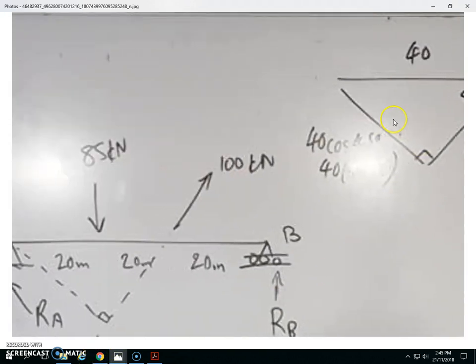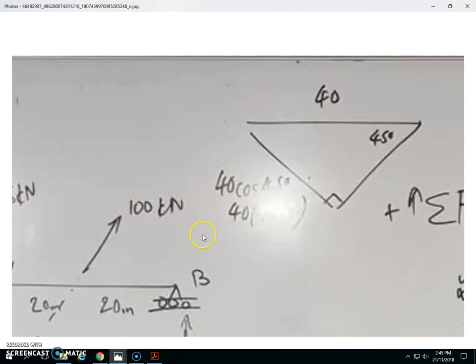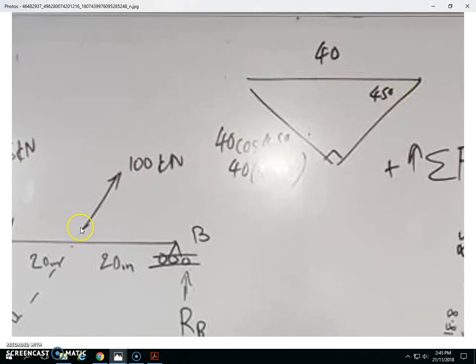I've said 20 plus 20 is 40, and I know that it's going to be at 45 degrees because vertically opposite angles are equal. Yeah? Vertically opposite angle, if that's 45 degrees, this is at 45 degrees. So I said, well, if that's 45 degrees, what I need is 40 cos 45, because this is the hypotenuse and this is the